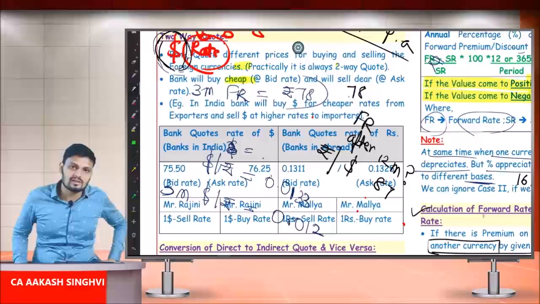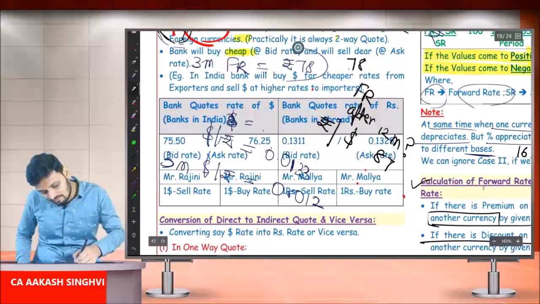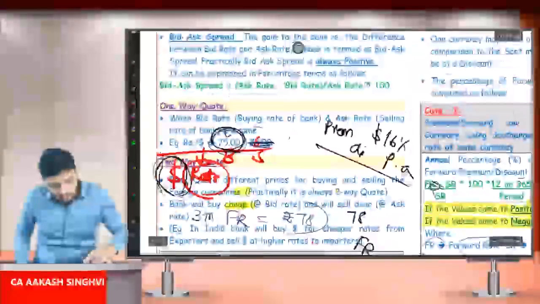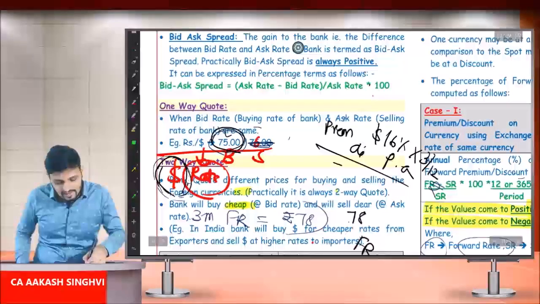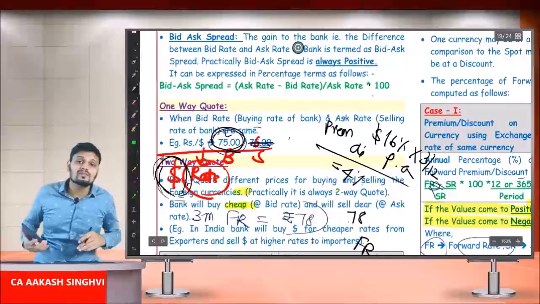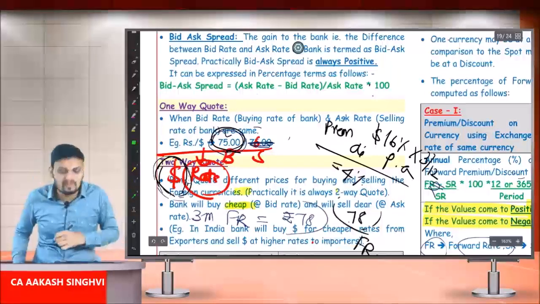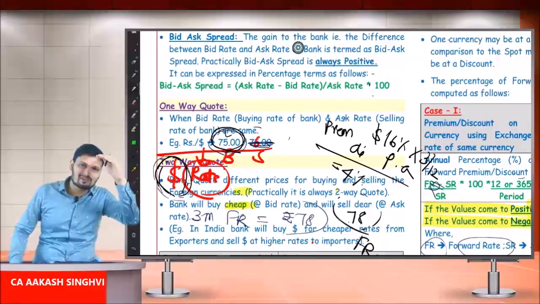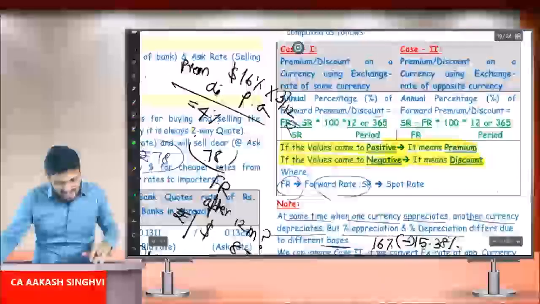But they have asked you in the examination, find out rupee per dollar forward rate after 3 months. After 3 months, what will you do? 87? Okay, sorry. What you will do is 16% into 3 by 12. So how much is 16% into 3 by 12? The answer is 4% premium you have to add. On what rate? 75. So 75 plus 4%, you will get the same answer of 78. This is nothing but whatever we understood before. Now we are inverting the formula. That is it. So formula inverting, and that is how we can find out